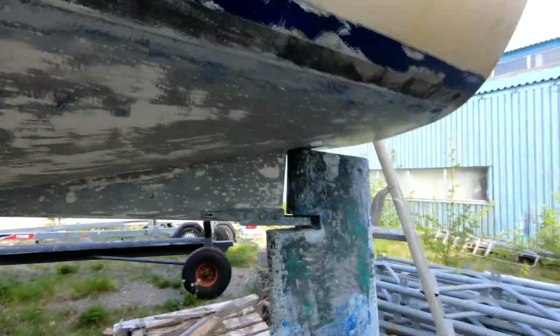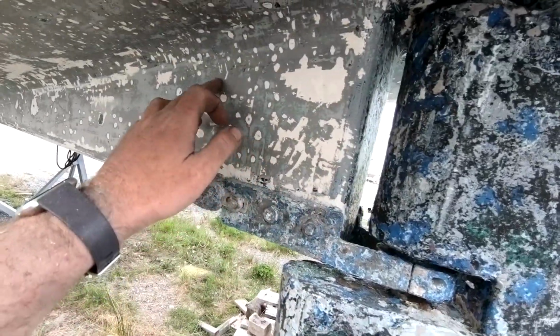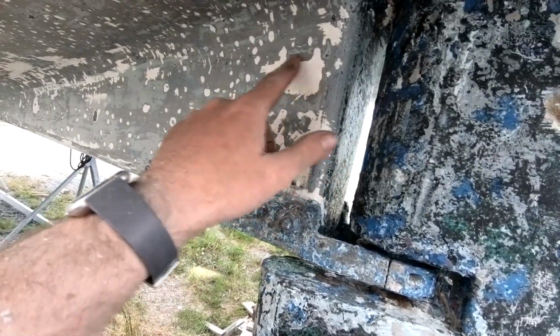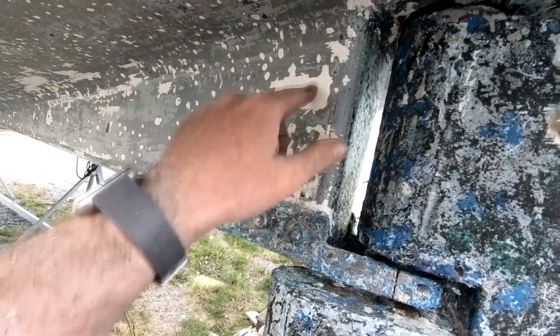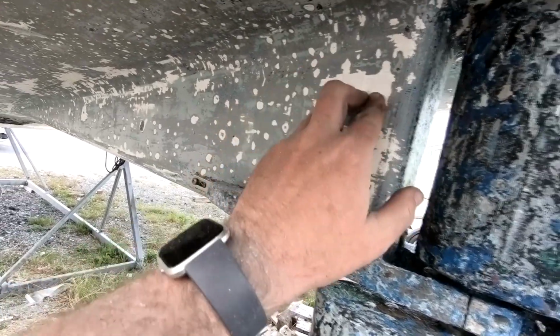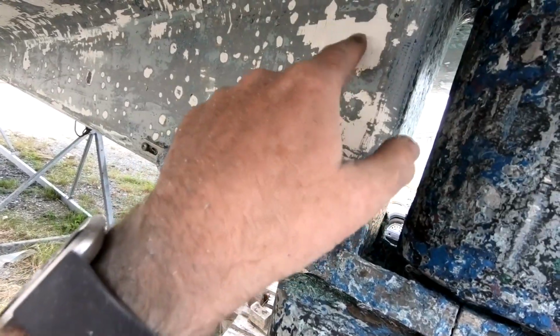So finally I'm finished scraping bottom paint off the boat, and what you can see now is the extent of the osmosis that's going on in this boat. See all of these small blisters everywhere. This is not a blister, this is a patch where the primer didn't adhere to the gel coat, but you can see here is a blister,